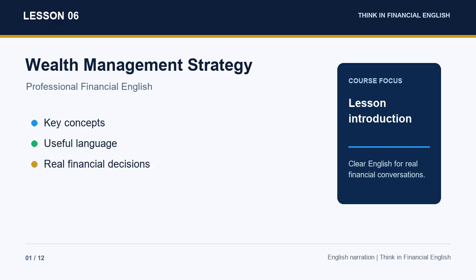If you can explain asset allocation, diversification, rebalancing, and benchmark, you can follow more business meetings, understand more market news, and speak with more precision. Here is the mindset for this course. Every financial word should help you answer a business question. Who needs money? Who provides money? Where is the risk? What changed in the market? What should the client, bank, investor, or regulator do next?